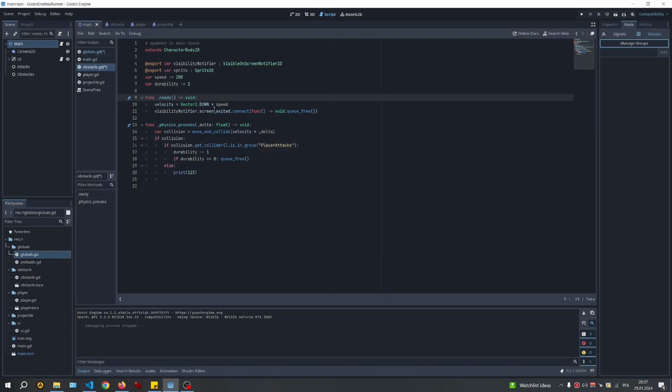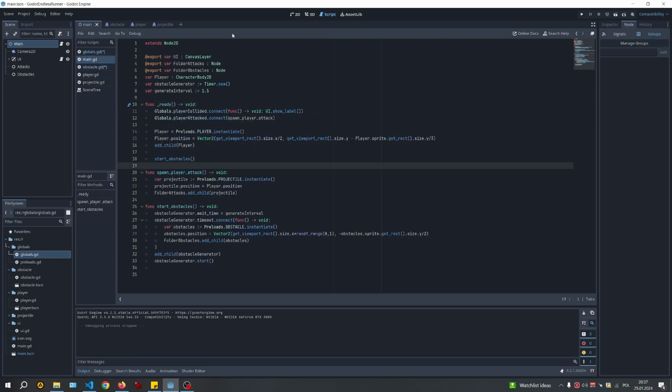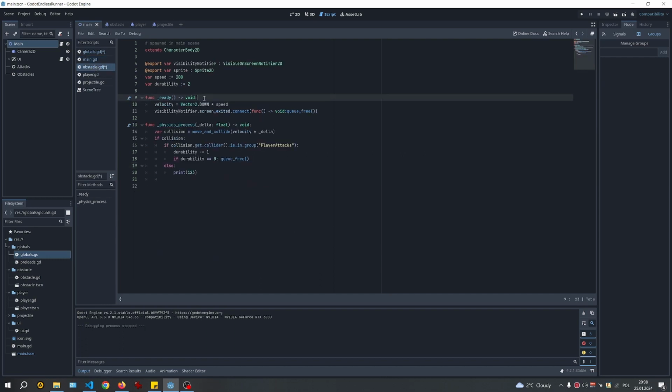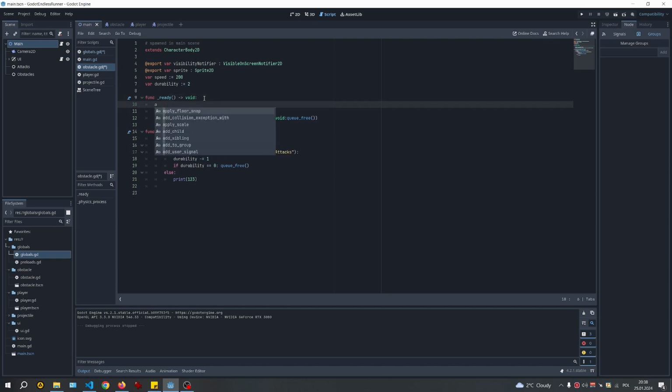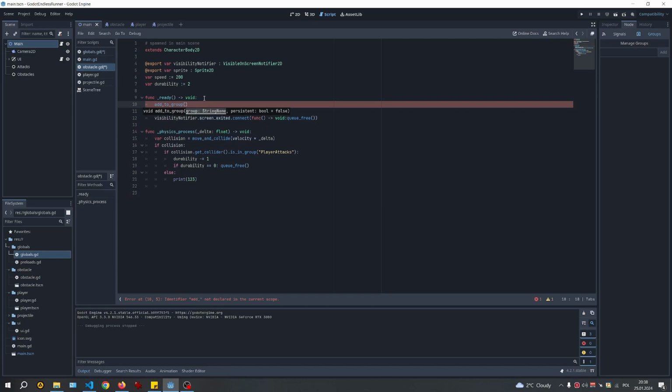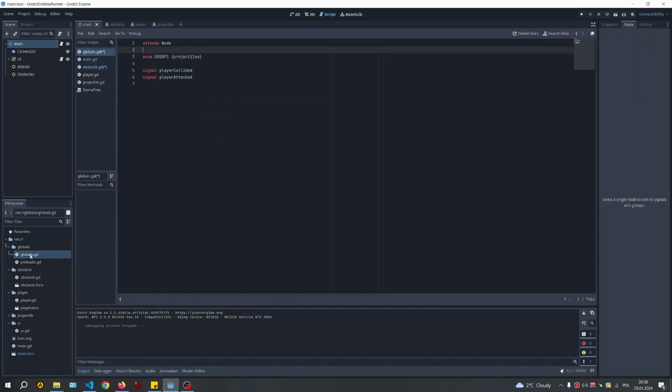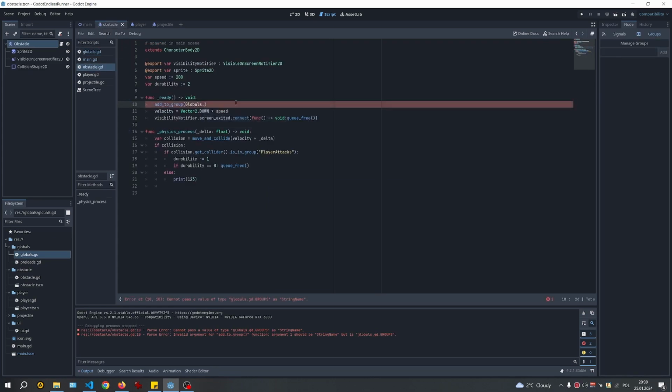So I will either throw it here inside an obstacle or inside the main. I think that doing this inside obstacle is better. So here I will simply make add to group. Yes, add to group, but it has to be a string. I'm not sure if it will work with an enum. Globals groups. Maybe I did not save. Save. Once again, globals